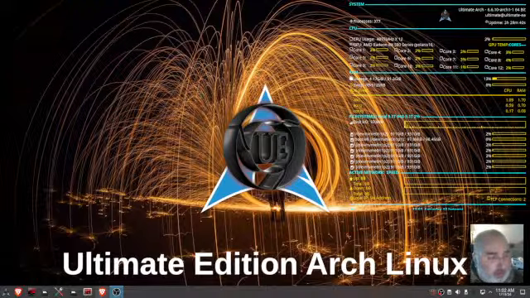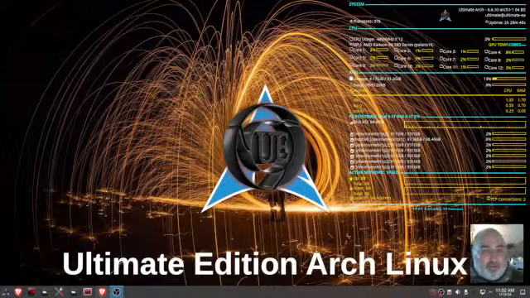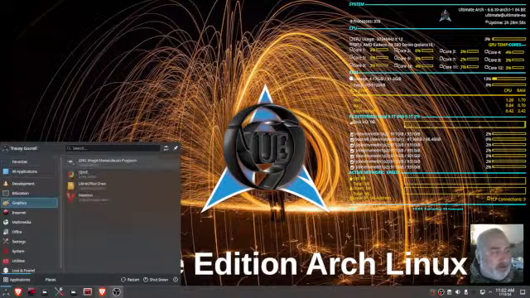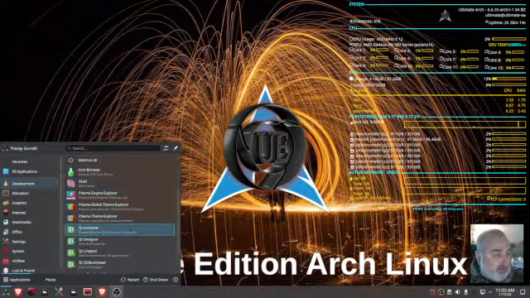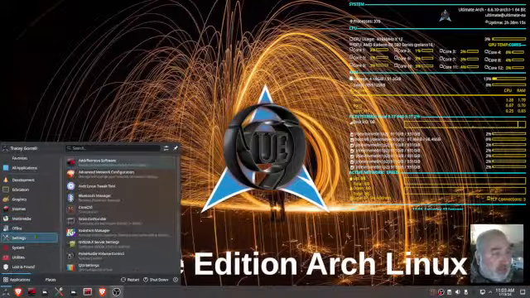But I mean, nothing's broken. I have encountered nothing with Ultimate Edition Arch that is broken. Now, the system is not broken. Even with the login, that's irritating, automatically logging you in, but it's not broken. The system works. When it boots up, it completely works like a charm, like magic. I mean, it is amazing. It's out of the box. You know what I'm saying?